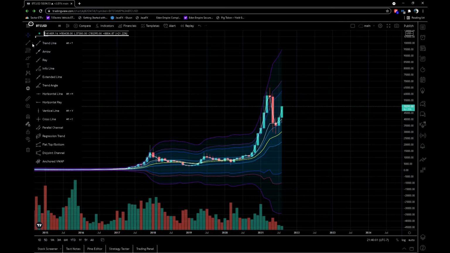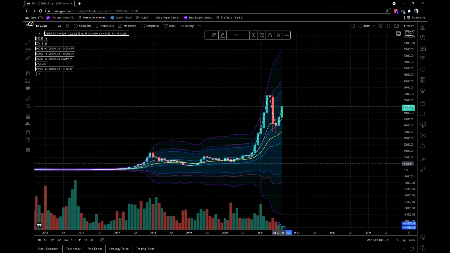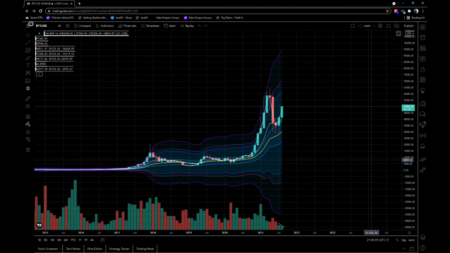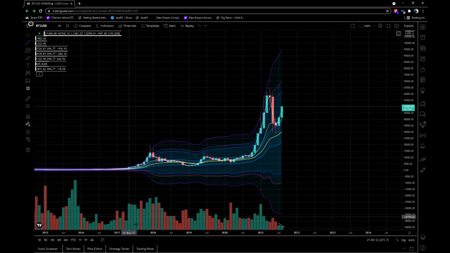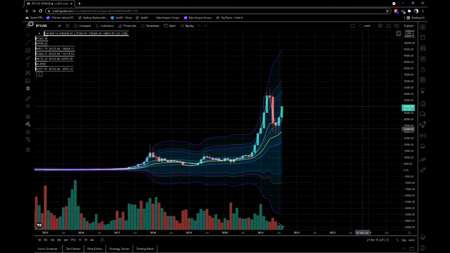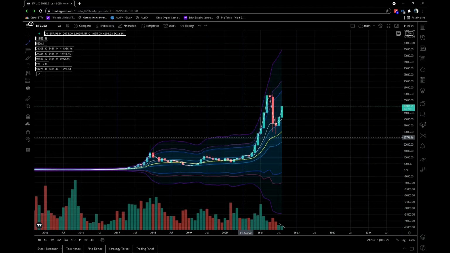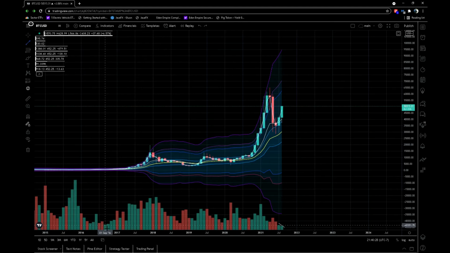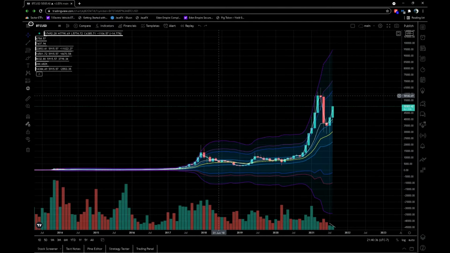And notice the volume fading out here again. The volume fading out. Look at that. The lowest volume out of all the months here. Even this is the lowest volume that we've had. That candle, the month's not over yet, but look at July. Look how low that volume was, all the way back. It's even lower than this, 2016. The volume is so low, and that's a very important thing to note, a factor, a signal.